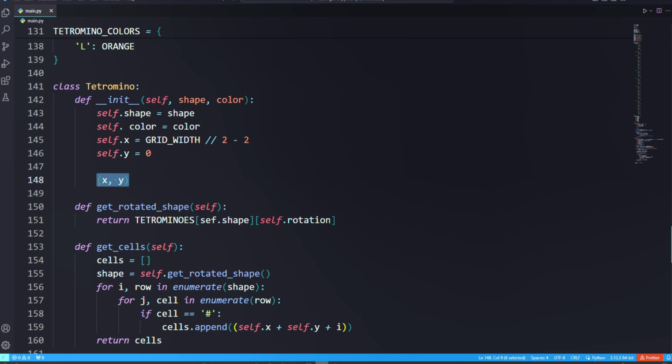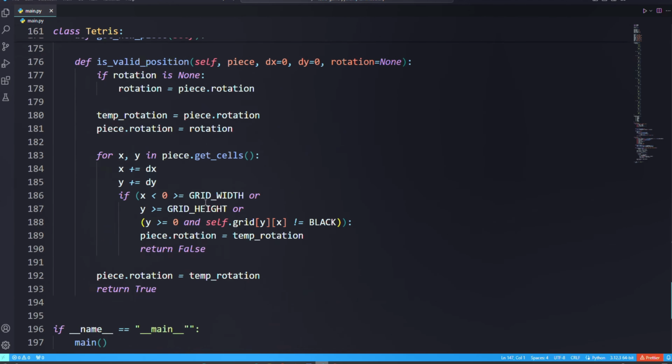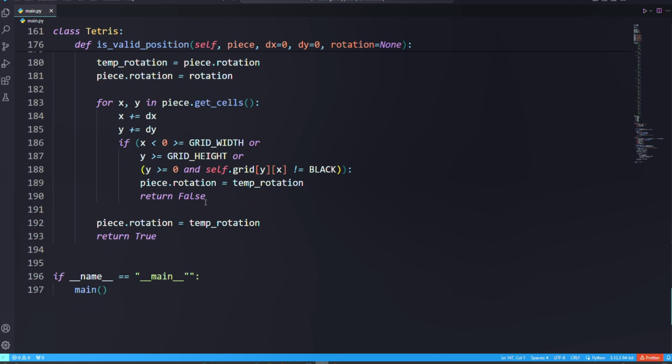So if we get an x position of 3 and a y position of 2, we convert this to 3, 2. So after it gets the current position for the piece, in the form of the coordinate that I showed you,